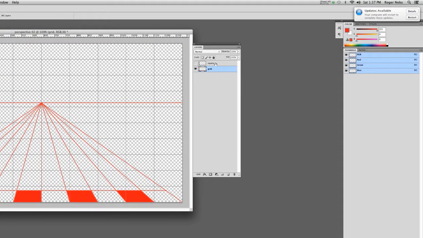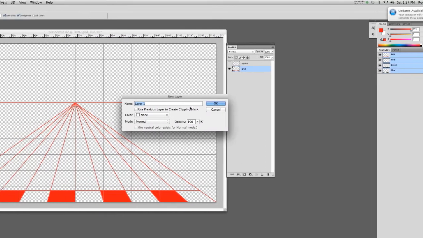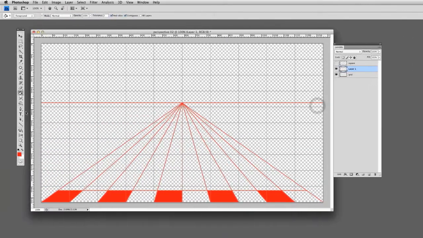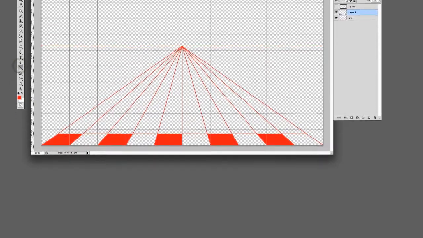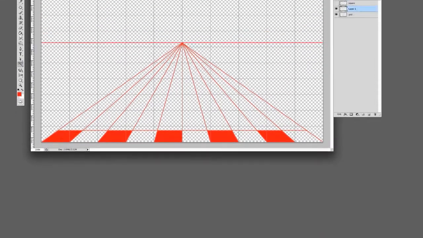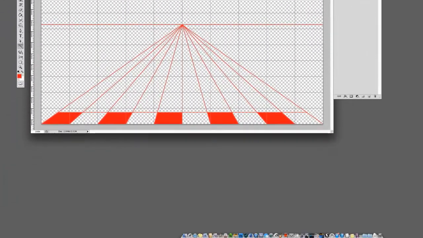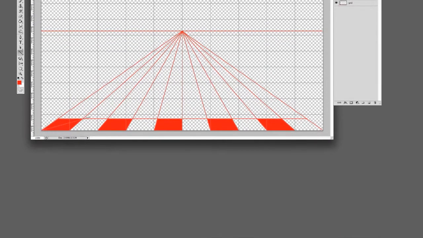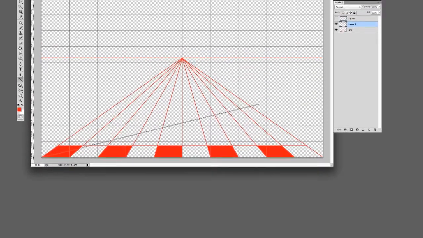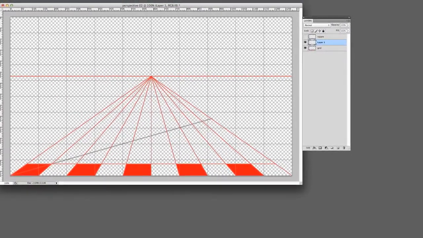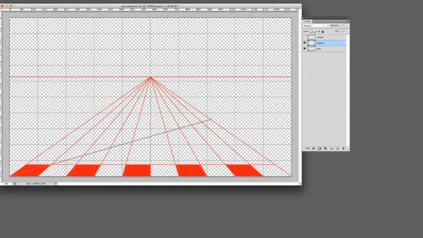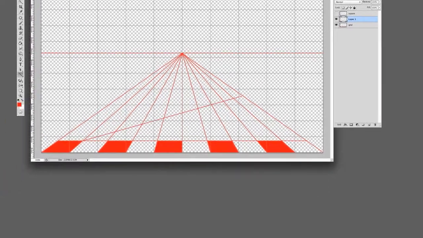I'm going to make a new layer again. We'll call this just layer 1, that's fine. I'm going to take my line tool, and this time I'm going to go from the corner of my grid here through that point there. Remember, that's a 45-degree line that's actually lying on the floor. It's not 45 degrees in reality here, but in terms of that square on the floor, it's 45 degrees. So I'm going to accurately take that up to that corner there, make sure it goes exactly through that point,